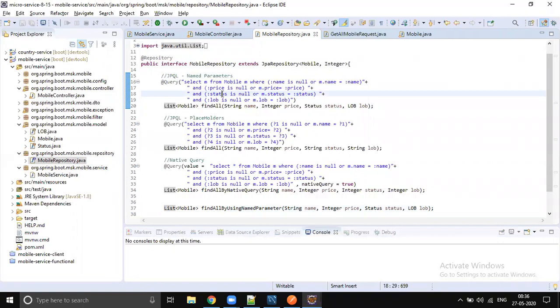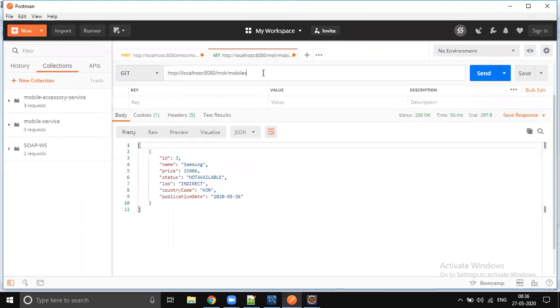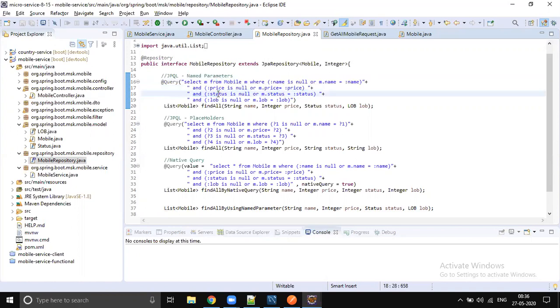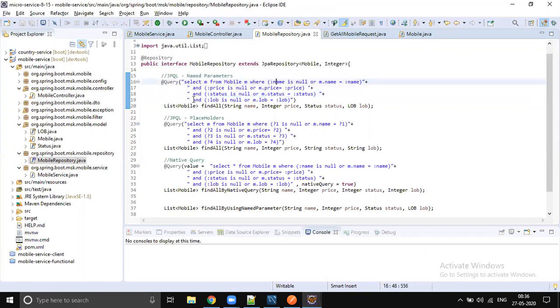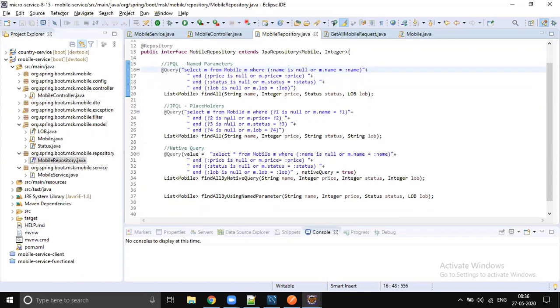So that is not the actual proper way of doing things, right? So unwantedly we are sending the complete query when there is no filter applied, right? For example, in this case, no filters, but still we are executing the full query. Even though the customer has not selected any filters, we are executing the full query, name, price, status, LOB. So it's applicable for all models, remaining models also,